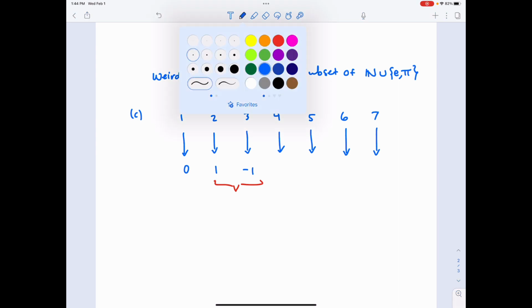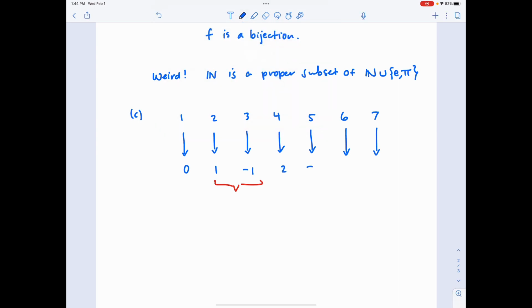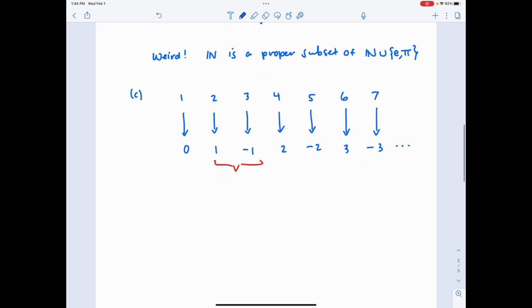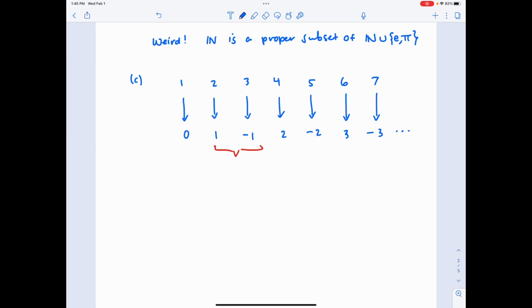So next I would do 2, -2, 3, -3, etc. And I could have written -1 and then 1, -2, then 2. There are lots of ways that you can enumerate the elements. In no way is the bijection that you find going to be unique when you're able to put two sets into correspondence. So in this way, if I wanted to write a formula for how this works,